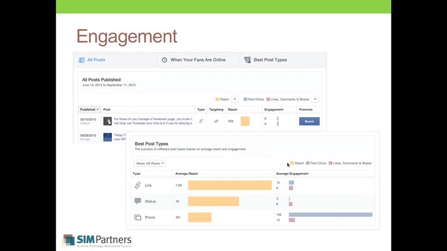Additionally, for engagement, which posts are doing better than others? Which are your best posts? If you've got a post that is really doing great in terms of overall engagement, that's something you can replicate. You can say, okay, well, how can we do that again? By the same token, if you've got a post that just didn't have very good engagement, maybe it's something to rethink in your content strategy.